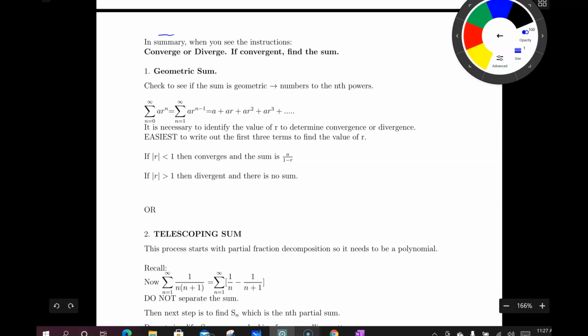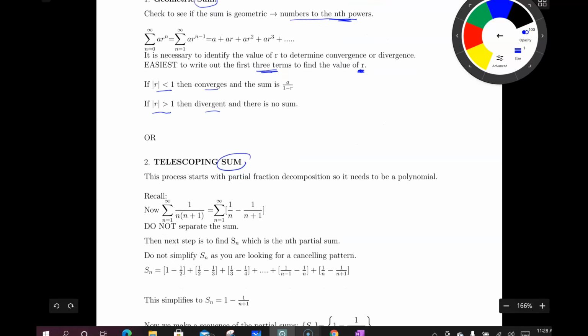Okay, so let's summarize what we have when we're talking about infinite sum or series. When it says converge or diverge, if convergent, find the sum, that's the last two that I just did. So that means it's going to be a geometric or a telescoping. A geometric sum means it's going to be numbers to the nth powers, and the easiest way is to write out the first three terms to find out the value of r. So if the absolute value of r is less than 1 or greater than 1, that tells you whether it converges or